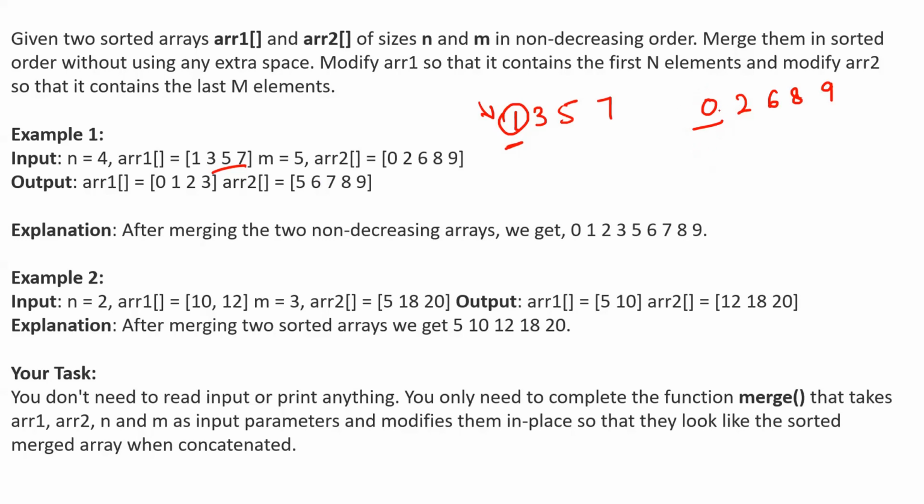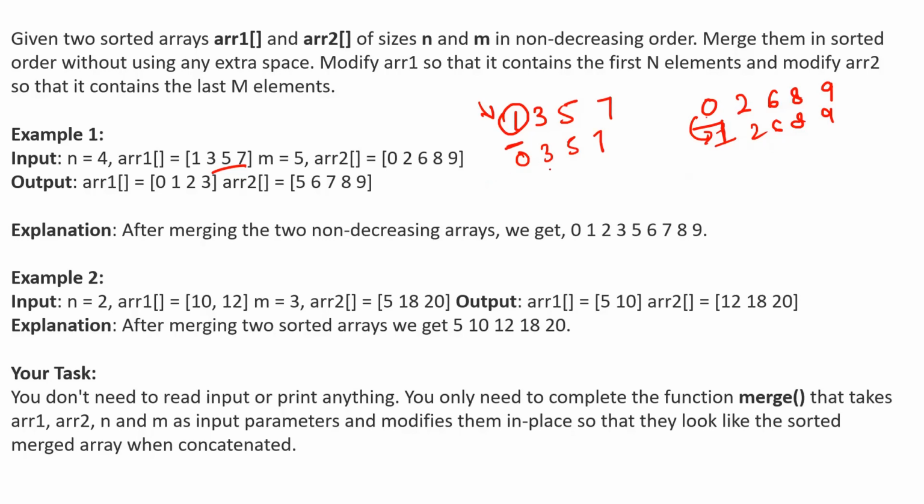If it is so, what we are going to do is swap the values. So the 0 will come here and 1 will go there, right? As of now, you have to make sure of one thing as well: after this swapping, your array 2 should be sorted itself, right? It should be sorted. So after swapping here, you can see now by chance this 1 was proper at its position when kept in ARR2. We'll be checking this for further elements also.